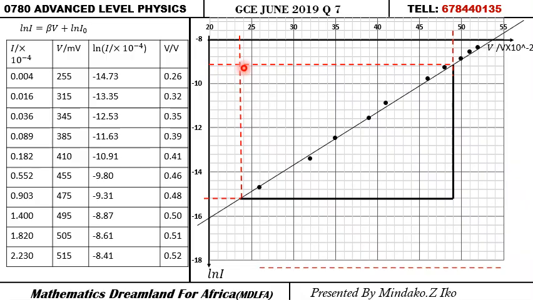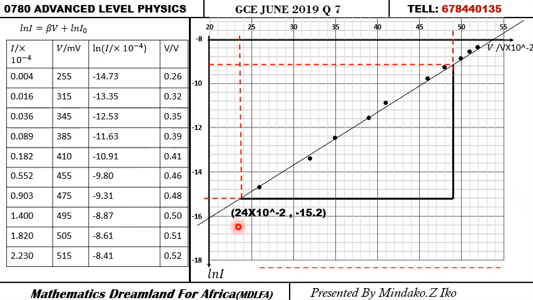But how are you going to write the values now? You put 49 times 10 to the minus 2, comma, negative 9.2. So include the x value first before the y value. All right, so if that is done,